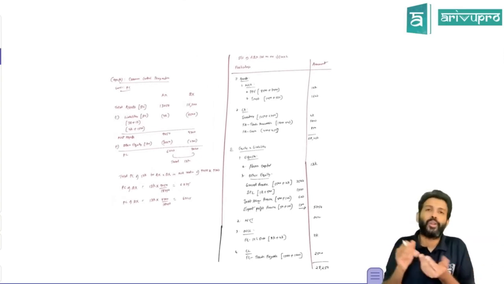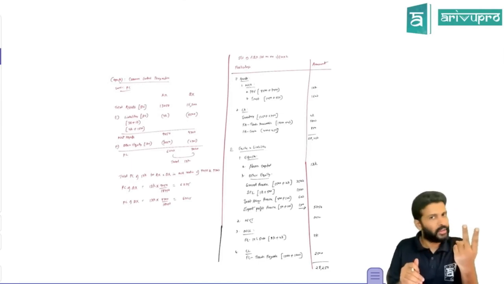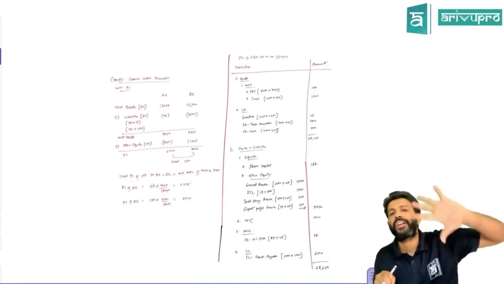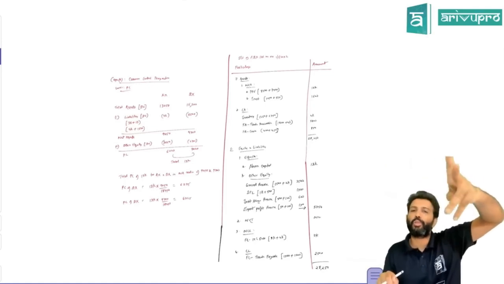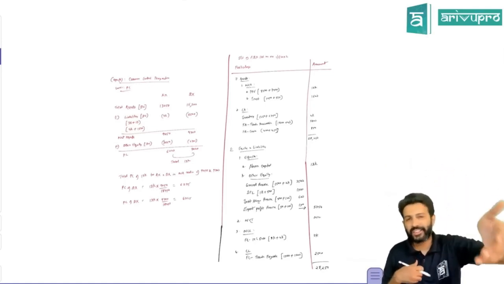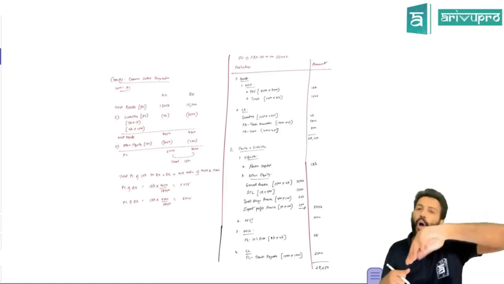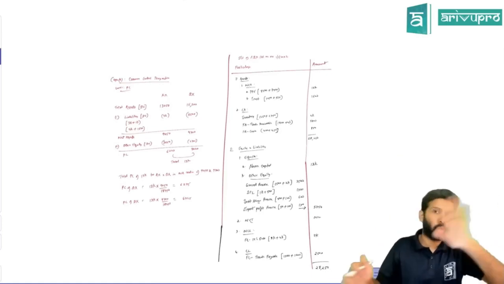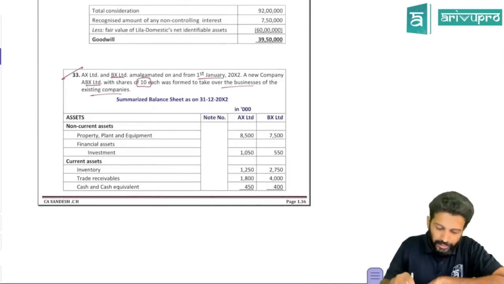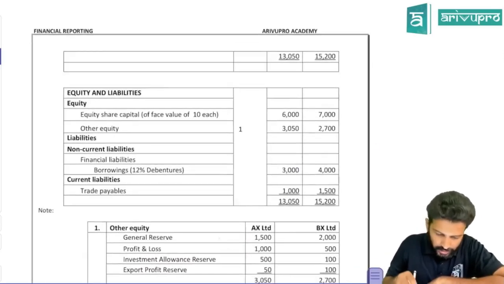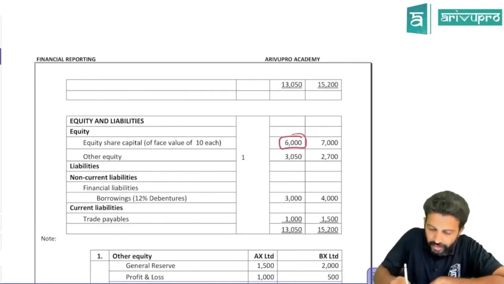There are multiple ways. In fact, there are 2 selling companies here. One way to calculate PC is assets of the selling company at book value minus outside liabilities minus other equity. Or another way, net asset at book value minus other equity at book value, or paid up capital itself will become your book value. So do you know the paid up capital of AX Limited? Paid up equity share capital of this is your AX.